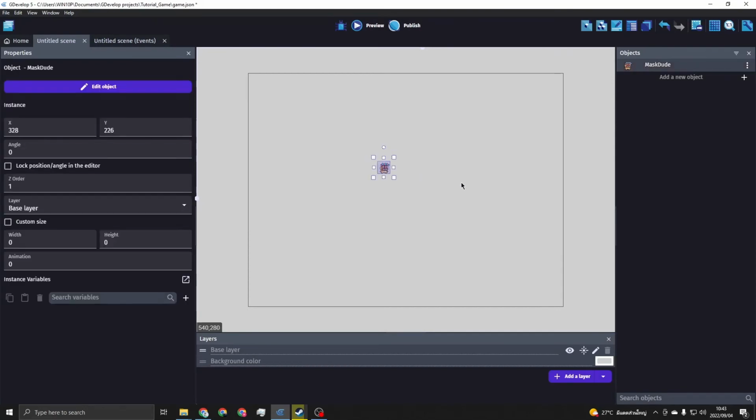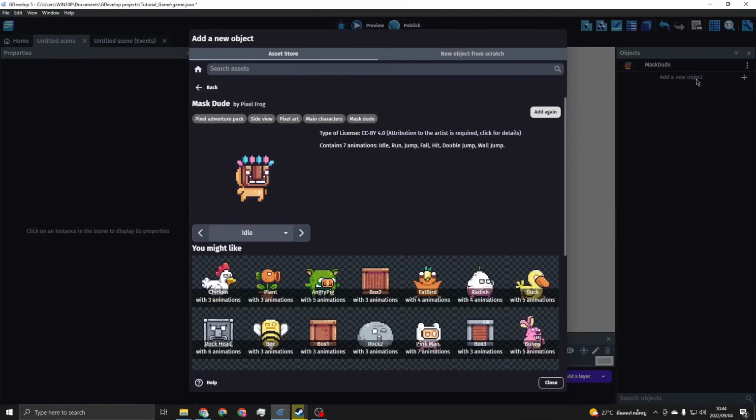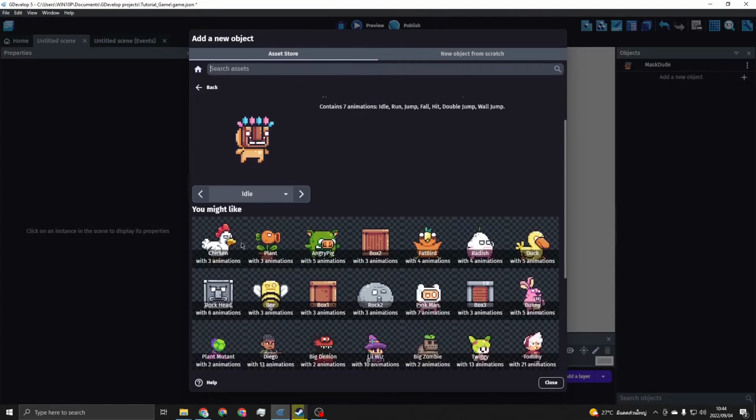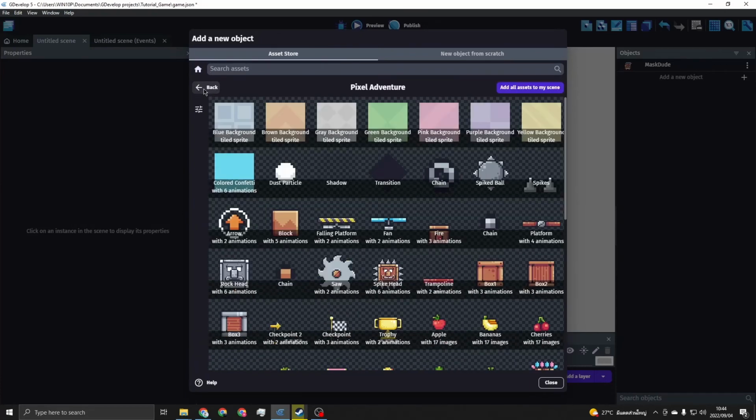Now the reason for that is we have our player character now, but he doesn't have a platform to stand on. So now we need to go and add a platform. So I'm going to go to add a new object. Click on add a new object. Now we've already opened up Mask Dude. I know it might be very tempting to choose any of these, but we don't want to use them. I'm going to hit back button so I can go back to my Pixel Adventure